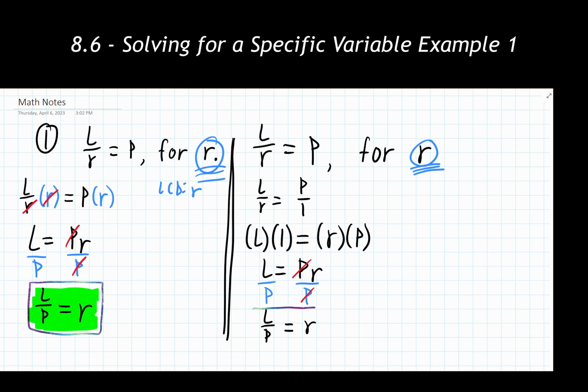So again, as you're going through these problems, there are multiple routes that you can take with them. There are lots of different strategies at our disposal, which is both the nice and kind of frustrating thing, because we can do a lot. So at the end of the day, we just need to pick a strategy and commit to it for that specific problem. But as we can see here, no matter which method we choose, we're going to get that R is equal to L over P.